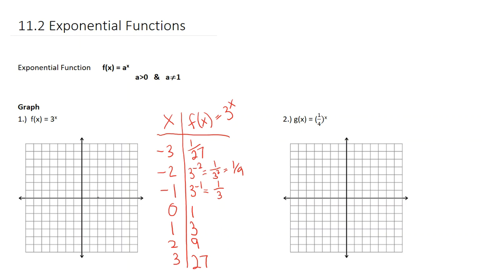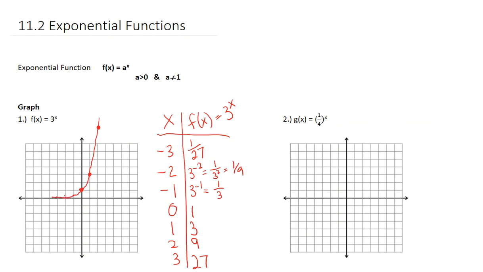But 9 is up there. Then we have 1, 3, and then 0, 1, and then negative 1, 1/3, and then we have these really small points. And if we connect them,